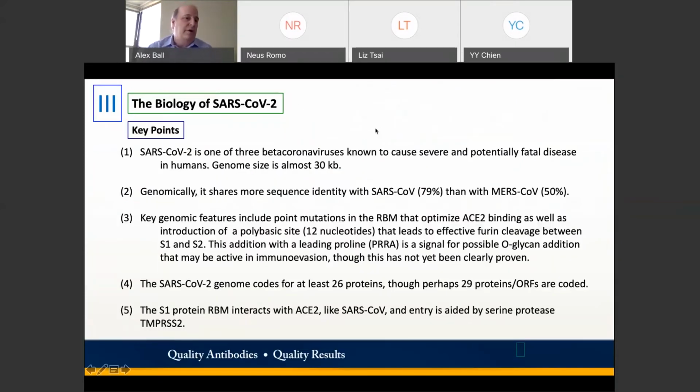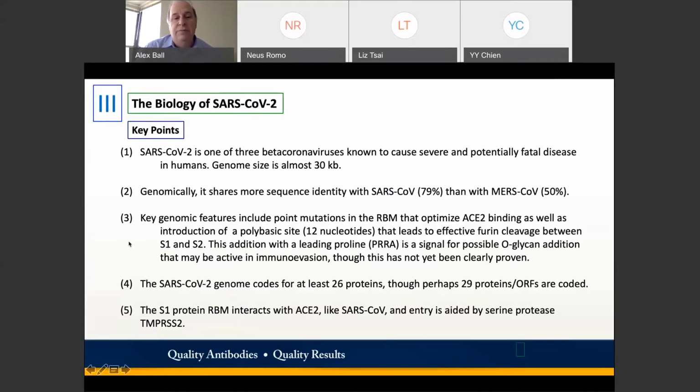So, just to summarize this section, SARS-CoV-2 is one of 3 beta coronaviruses known to cause severe and potentially fatal disease in humans. The genome size is almost 30 kilobases. Genomically, it shares more sequence identity with SARS-CoV than with MERS-CoV. Key genomic features include point mutations in the receptor binding motif that optimize ACE2 binding, as well as the introduction of a polybasic site of 12 nucleotides that leads to effective furin cleavage between the S1 and S2 subunits of